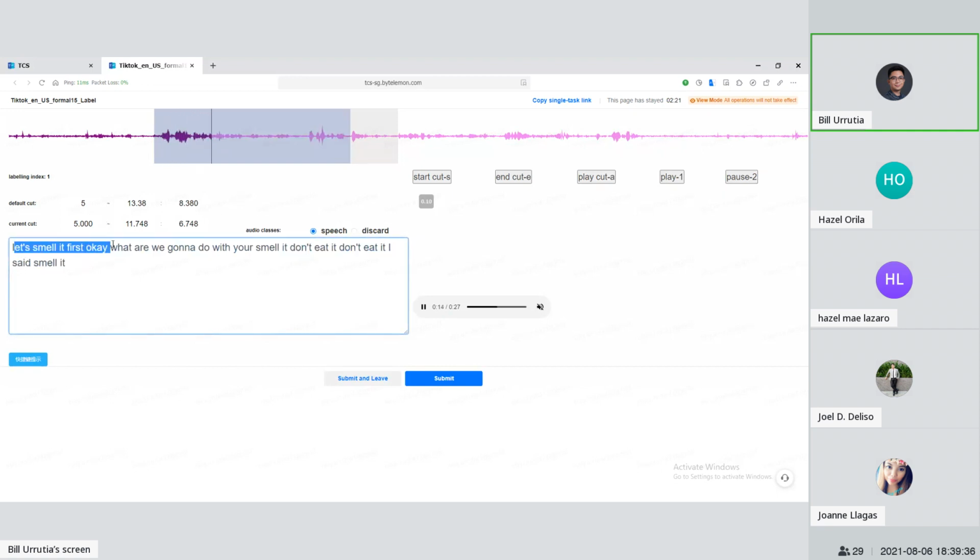Let's smell it first. Okay, we're gonna get a smell it. Don't eat it. Don't eat it. I said smell it. Okay, so there's a weird